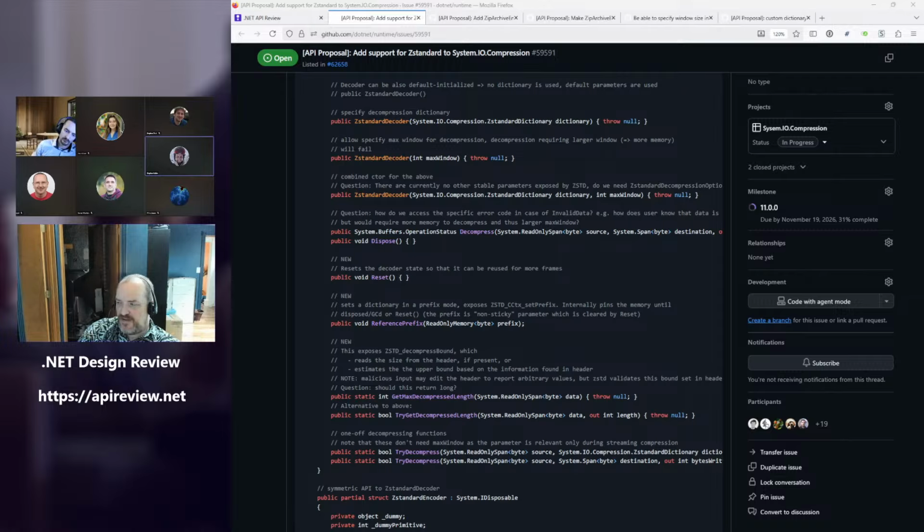I guess, and sorry if you already answered this, is that upper bound, assuming that try get decompressed length returns true, guaranteed, if you have that amount of space, that you can decompress? Yes, the underlying documentation says that's the maximum bound for the